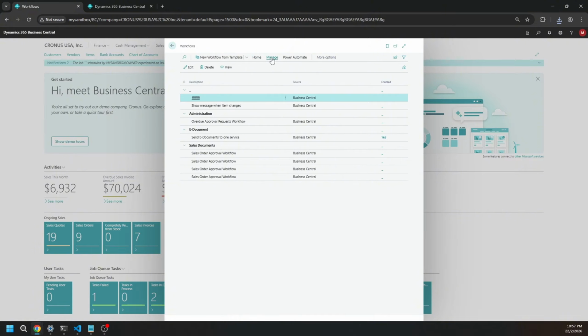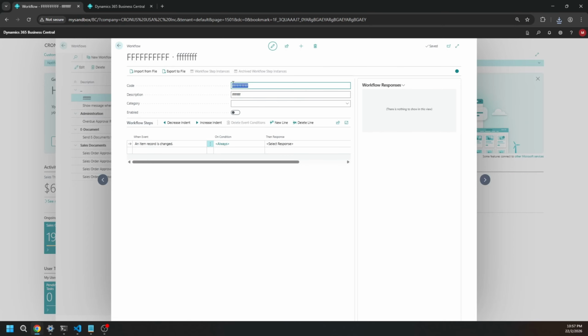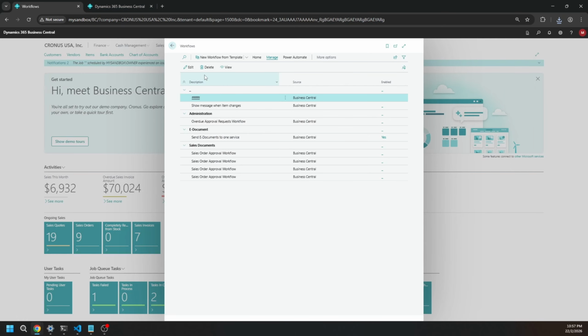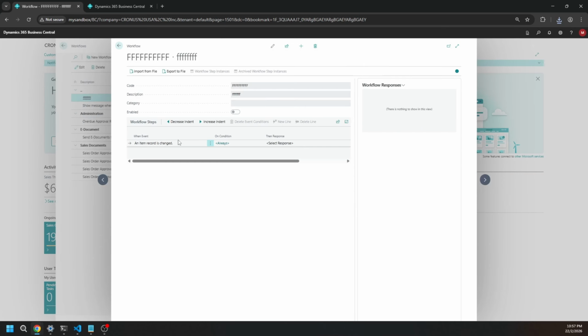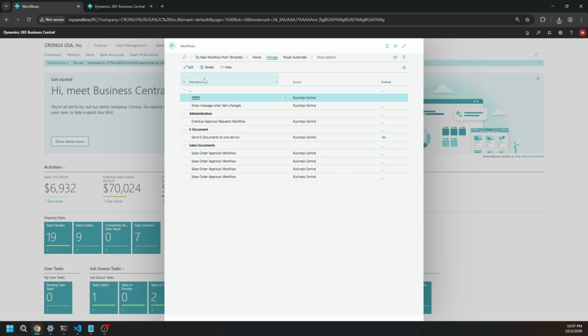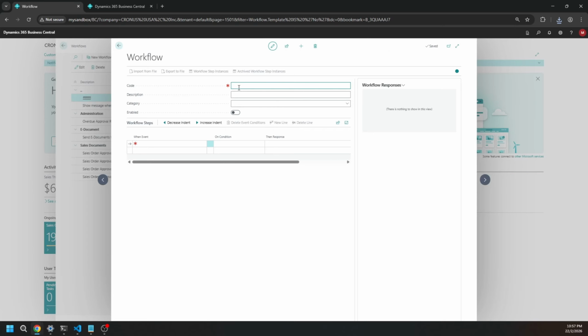Under the Manage tab, you can see three main buttons. Edit will open the workflow in edit mode, where you can start modifying it. Delete will delete that workflow, and View will open it in a view only mode. So here is the workflow. This is a view only mode. Let's start by creating our own workflow from scratch. Click on New. Let's start by defining